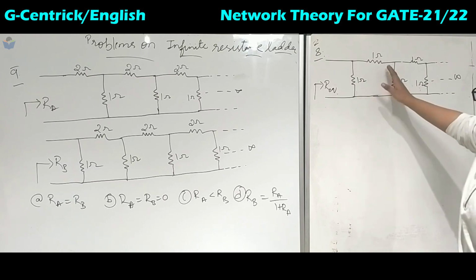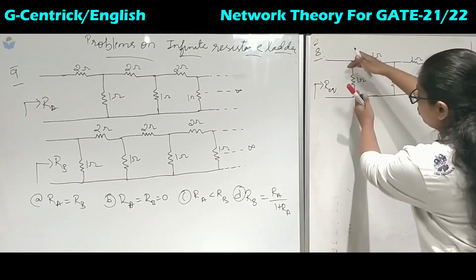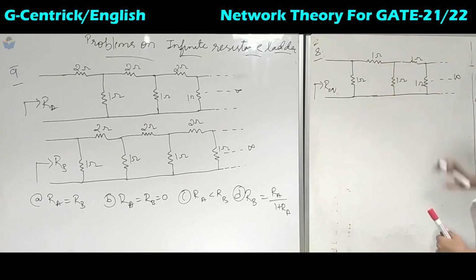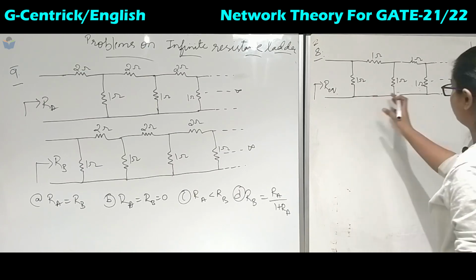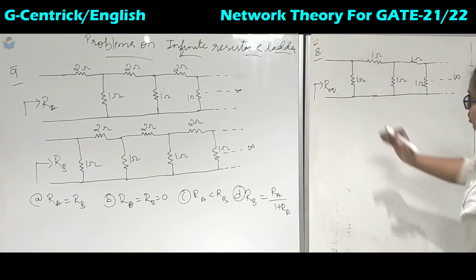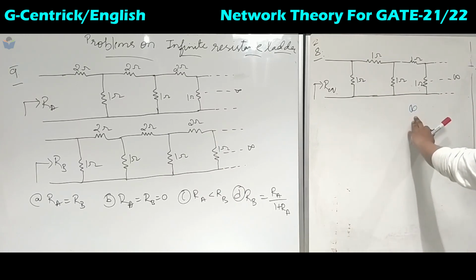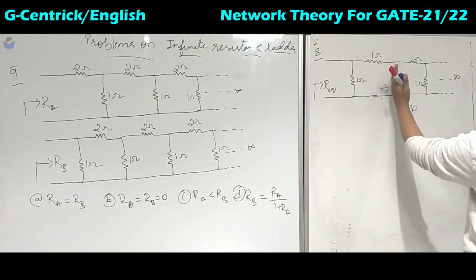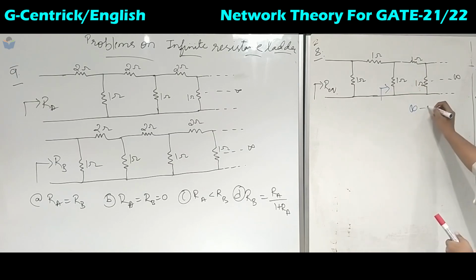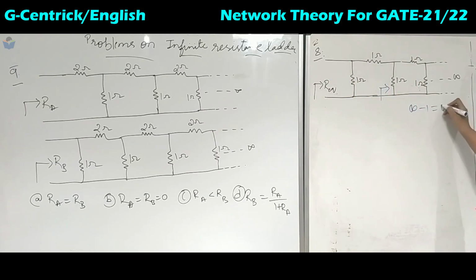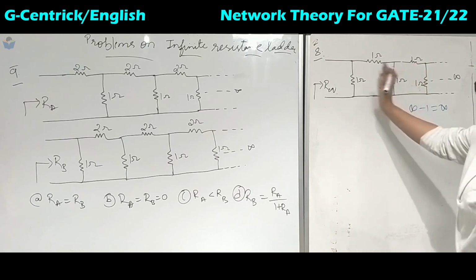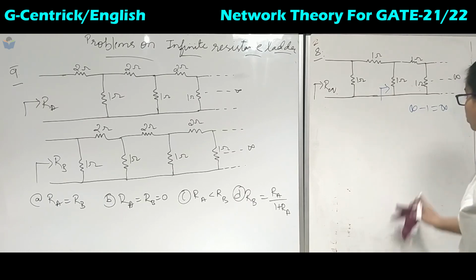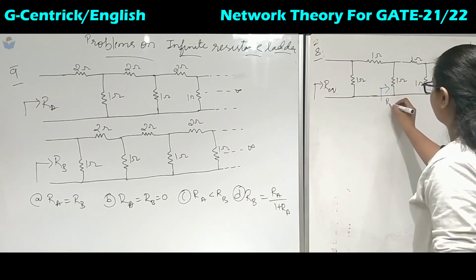Now if you observe from here, R equivalent, you will find shunt and series. Similarly, if you stand here and observe, again you will find the shunt and series pattern. In this type of case, if I ignore this branch, so this is infinity, and if I remove this branch and start observing this way, what I will find is again shunt and series. So if I leave out this branch, infinity minus 1 is nothing but again infinity. So neglecting this branch does not affect the calculation of the equivalent resistance. So we will take R equivalent here.